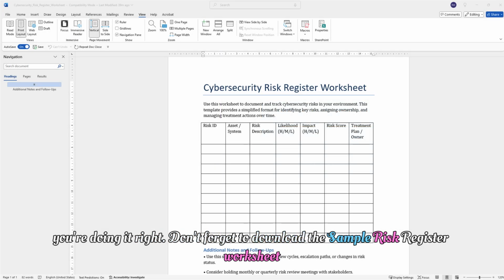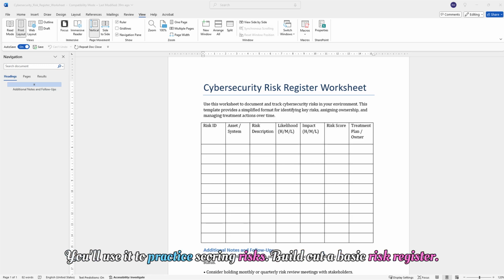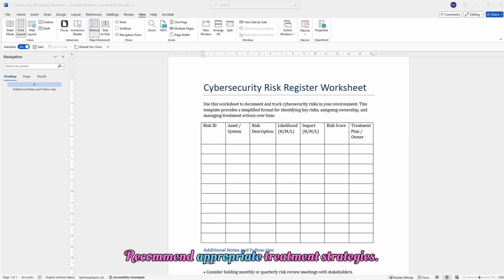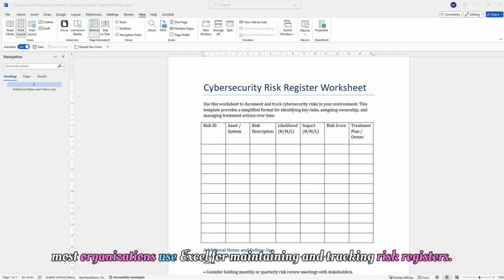Don't forget to download the sample risk register worksheet provided in the Resources tab. You'll use it to practice scoring risks, build out a basic risk register, and recommend appropriate treatment strategies. While the current example is shared in Word format for demonstration, most organizations use Excel for maintaining and tracking risk